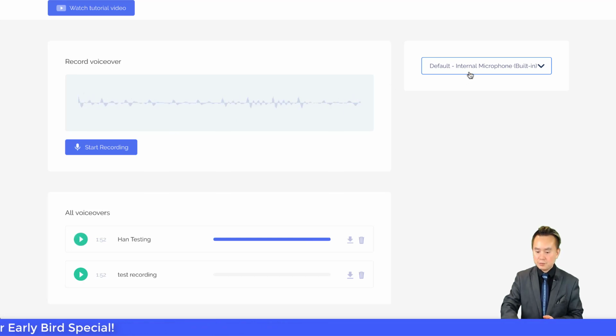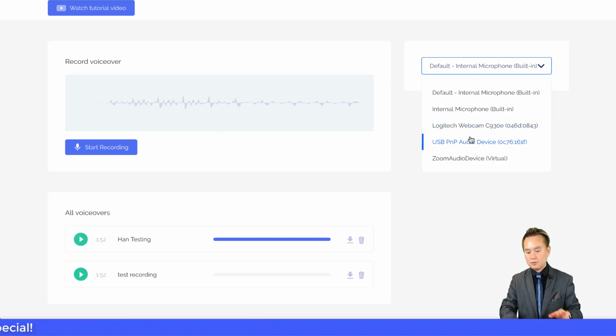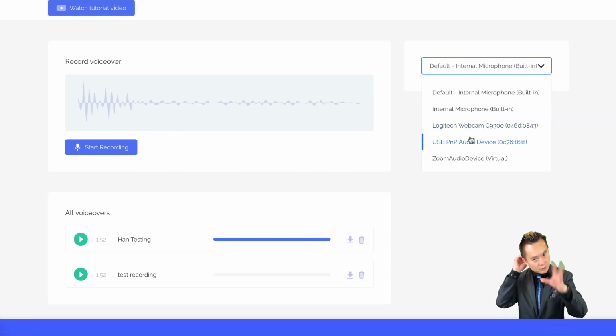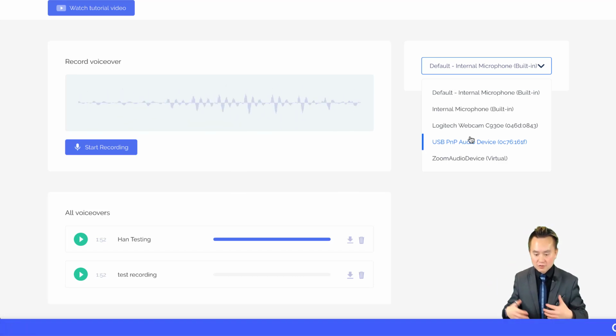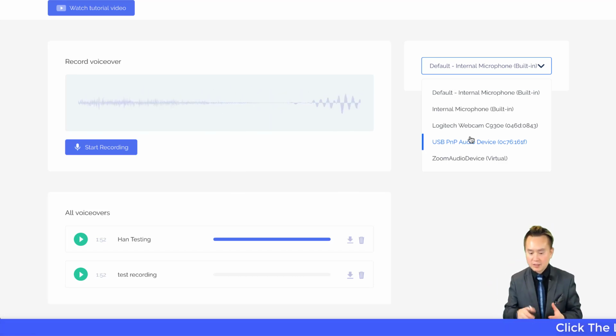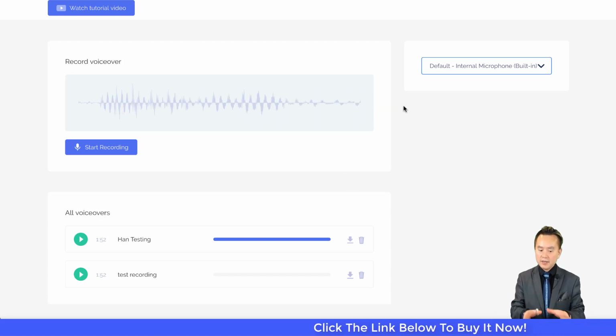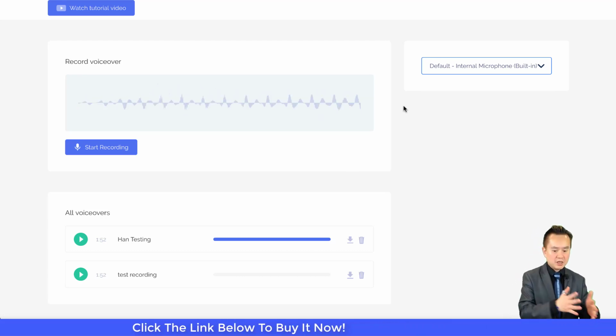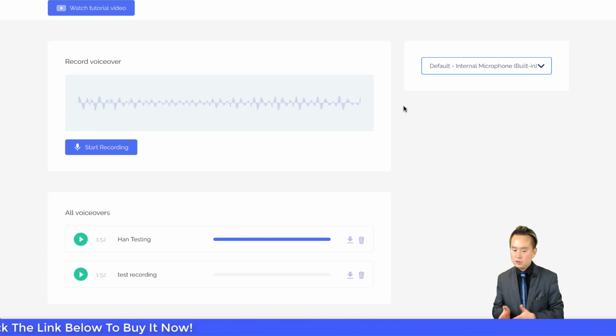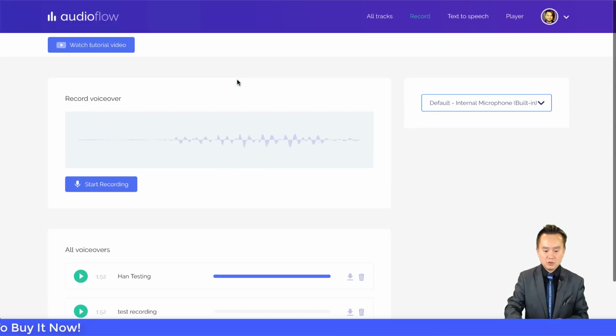And here's where you pick the microphone. I have a lot of different microphones set up. I've got the webcam microphone, I've got the internal microphone, and I'm wearing a lavalier mic, so it all shows up here. It's very, very incredible technology. So you can take this tool and make videos on the road. I really, really like this feature. Very, very cool stuff.